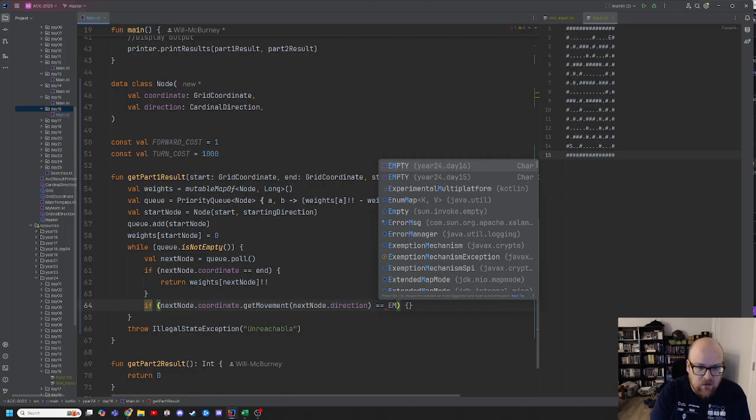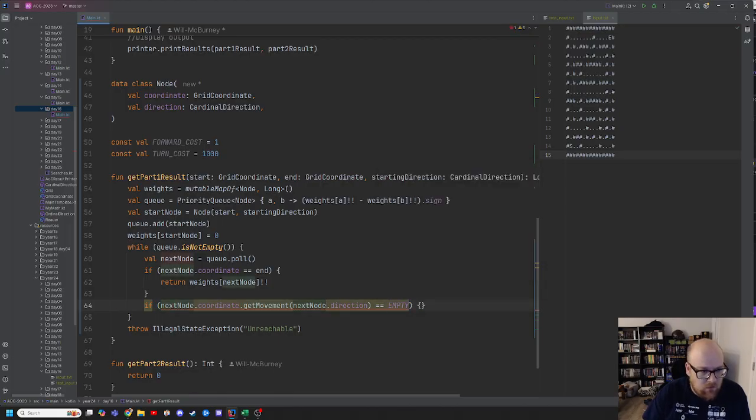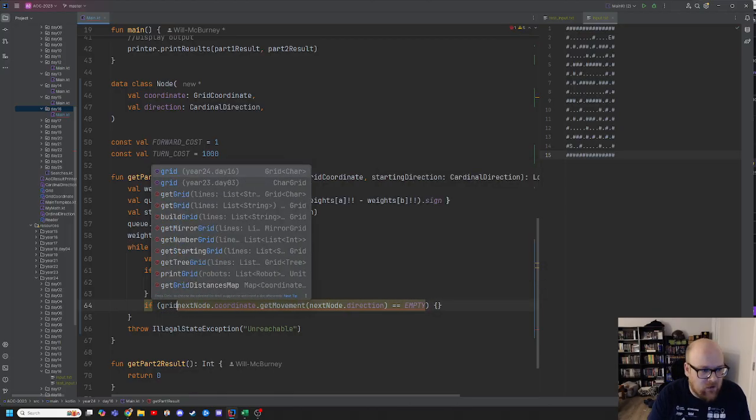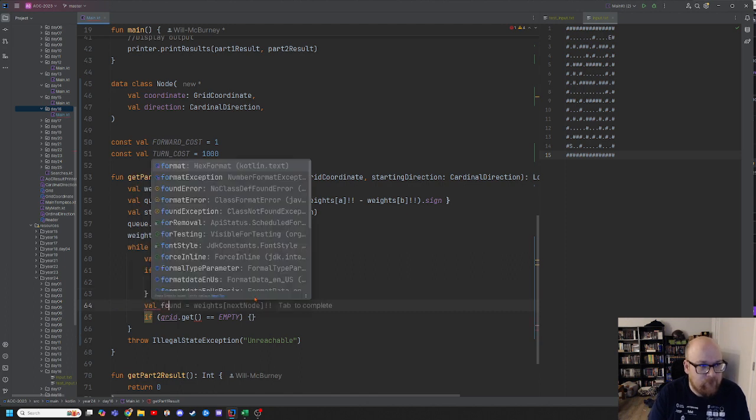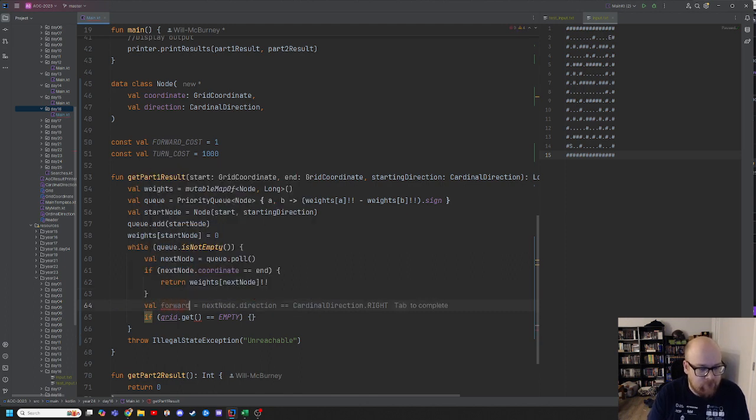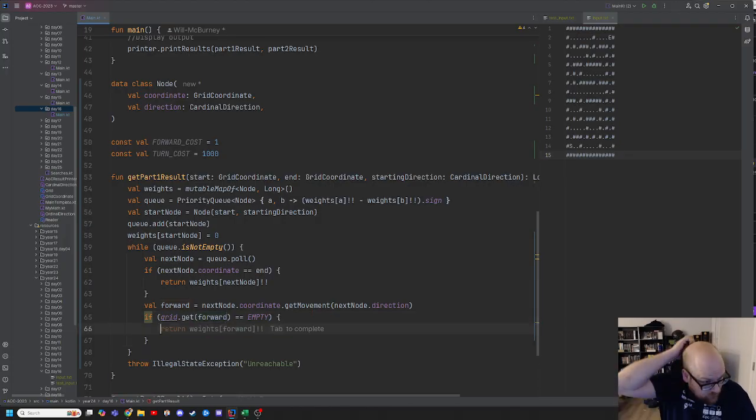Equals empty. Oh, this is ugly. I need to come up with better, shorter names here. So grid.get. Okay. If grid forward is empty, then we're going to add